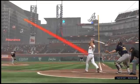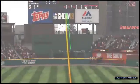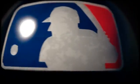Yeah, he had the right idea, trying to bust him inside. But that pitch caught too much of the plate, and he took it deep for a two-run homer. That was...